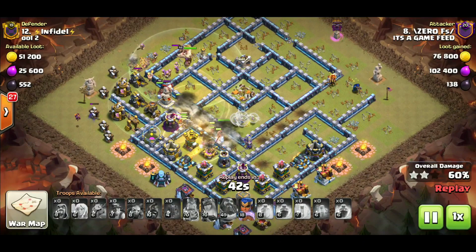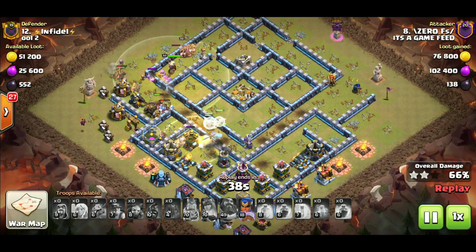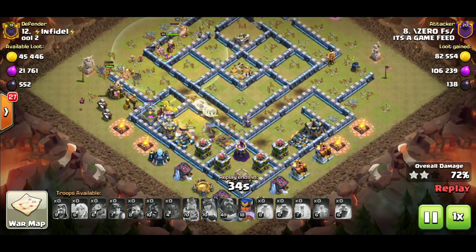Oh, look at all those bombs. There's so many hogs and miners left over. He was going to help them replenish all that damage, but there's so much troops left over. As you can see here, it's going to be an easy wipe for Zero as he absolutely destroys this base